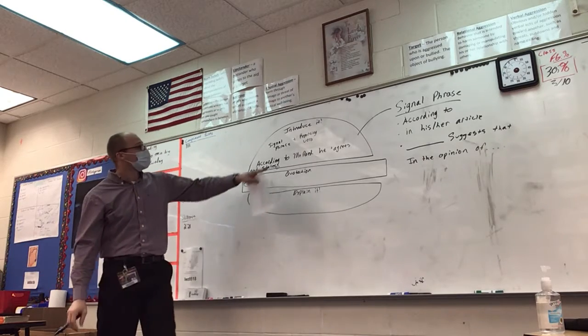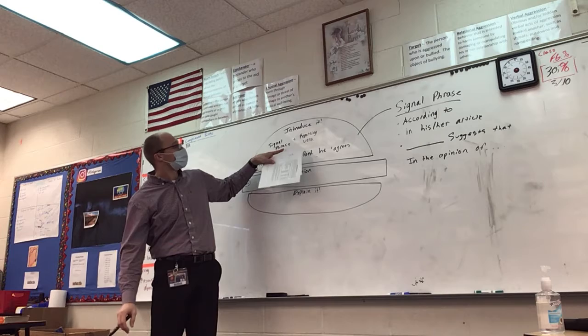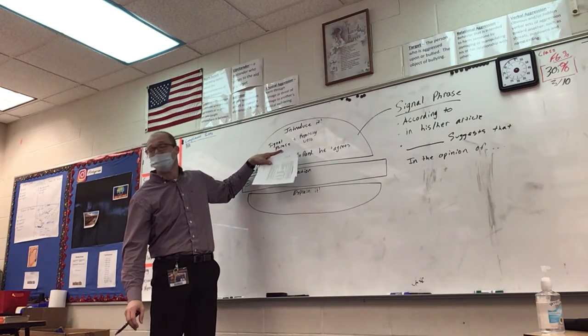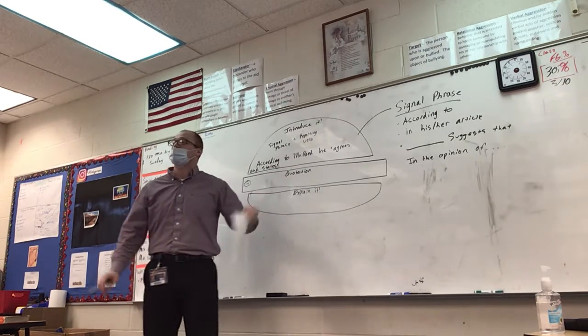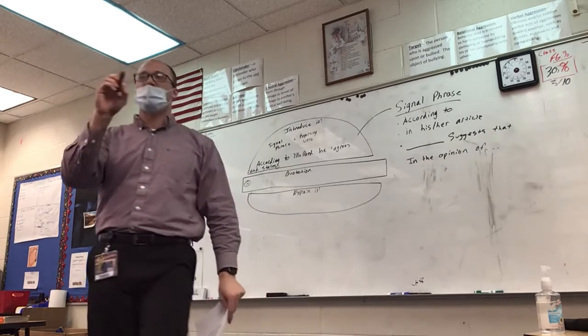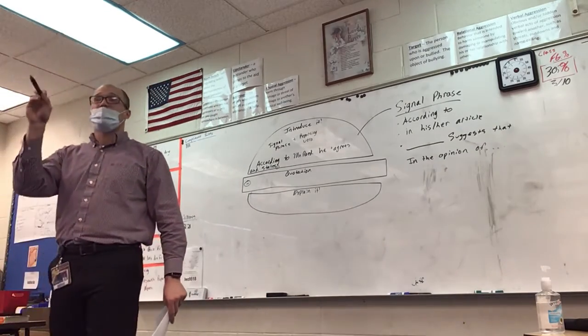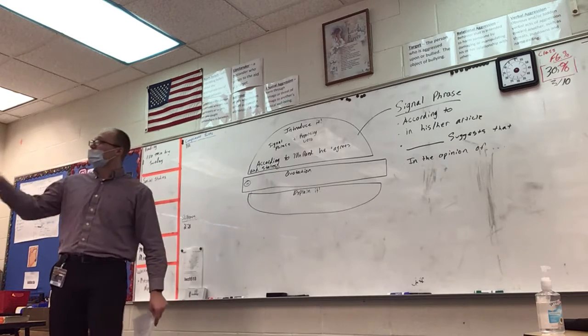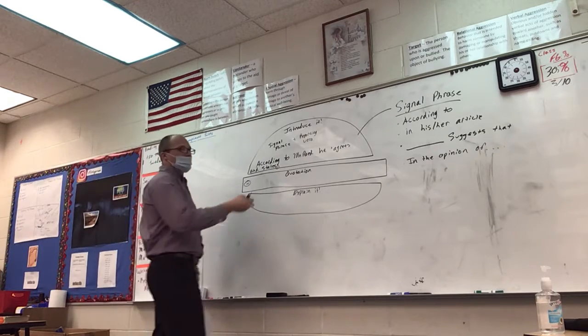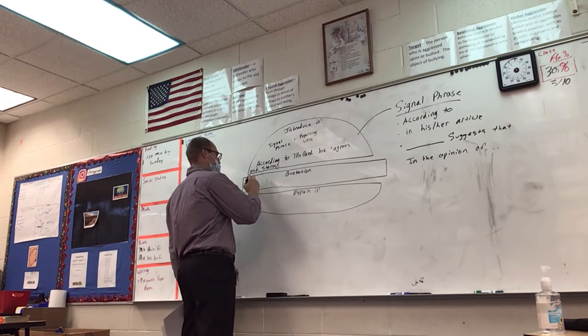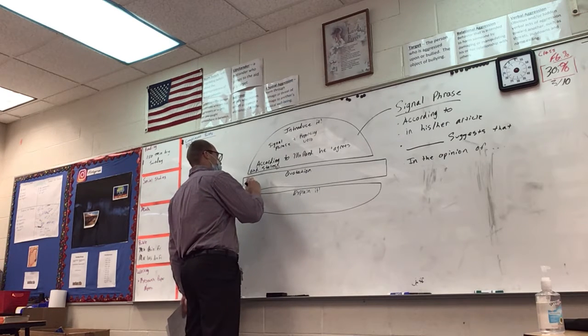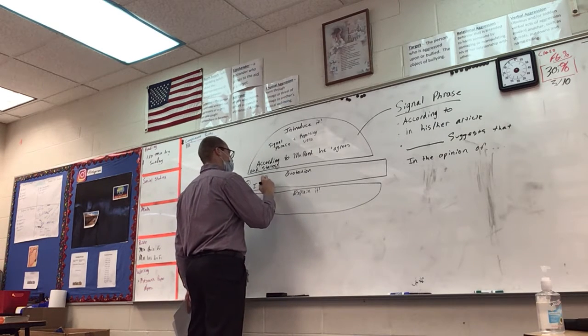So anytime I use my signal phrase, I add my reporting verb, I need to put a what? Right before I start the quote. Two things, a comma and a quotation mark. Then I'm going to quote myself. So I'm going to make my quote different than what I said, because I don't remember. So I said something like, I believe